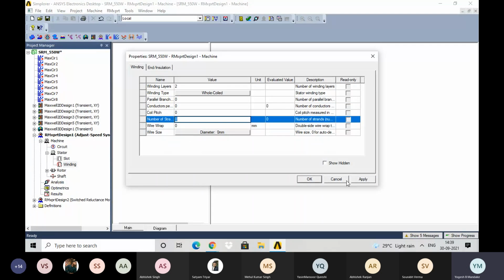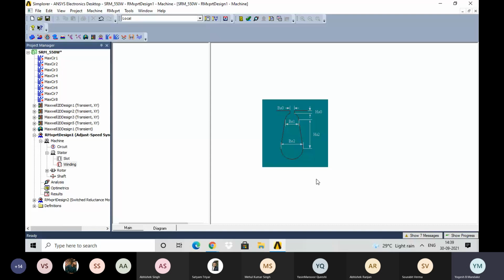Those options you can select among the winding. So don't get confused right now, just keep in mind that whenever you are going to design the selected machine, first of all open that machine, select that machine, then go through the different options which are available related to the design of that machine. And once you gain knowledge of the electrical machine in detail, while making the design, of course you go through the theoretical formulas, and accordingly you do the calculation. Those calculations you can give as input here, and accordingly you will get the result.